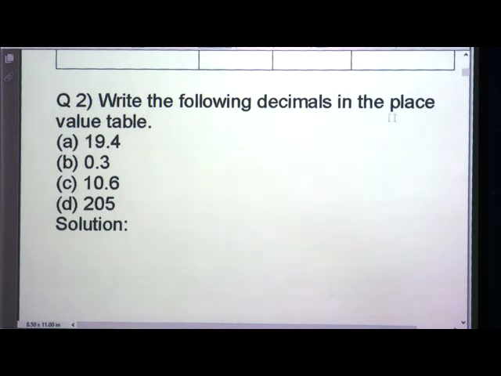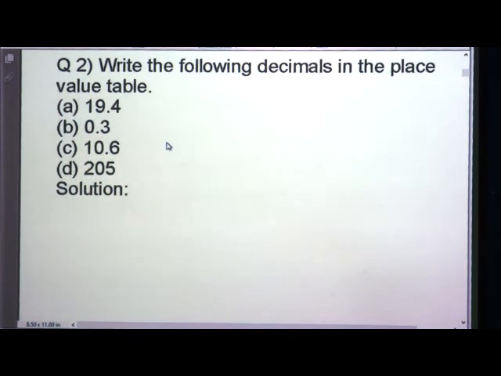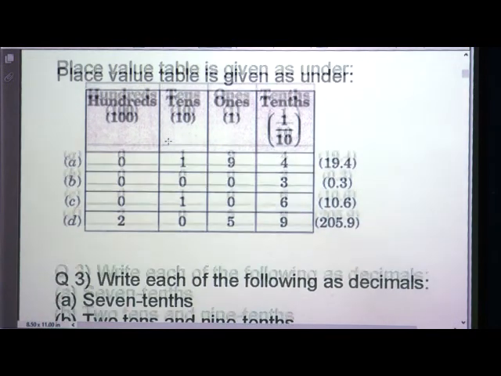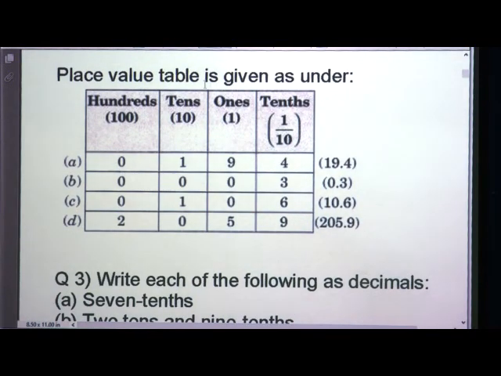Write the following decimals in the place value table. Now, the place value tables are given, we need to write only the decimals. Okay. See, place value table. First of all, we need to draw this place value table. We know tenth, that is 1 by 10th part, ones, you can write units also, ones, tens and hundreds. Okay. So, first question